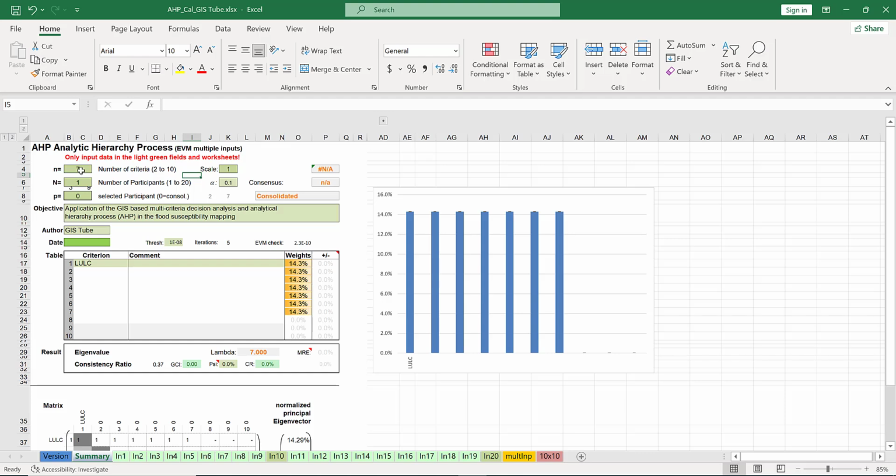It assumes you have 7 criteria, but if you have 8, 9 or 10 criteria, you can write that. So the objective is application of GIS-based multi-criteria decision analysis and analytical hierarchy process AHP in the flare susceptibility mapping. So you can write the dates, the criteria, the comments. Finally, the weight will be decided by